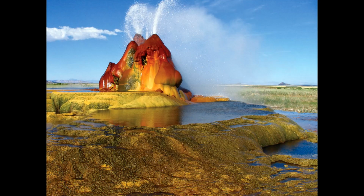Now, I said a lot of epithermal deposits are formed comparatively near the surface, and sometimes the hot waters that are involved in forming these deposits actually make it to the surface, and you see hot springs like this one in northern Nevada. But a lot of times they don't. But even when they don't make it to the surface, or if they do, they make deposits, alter and change